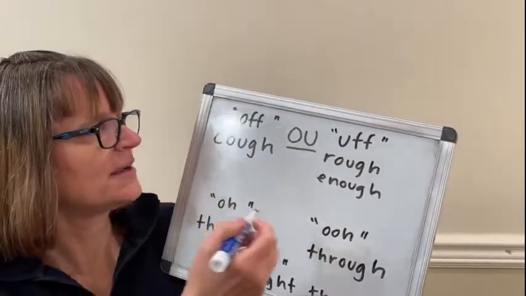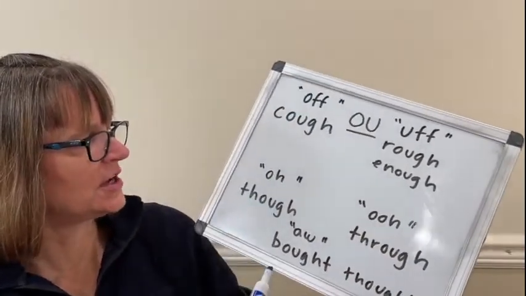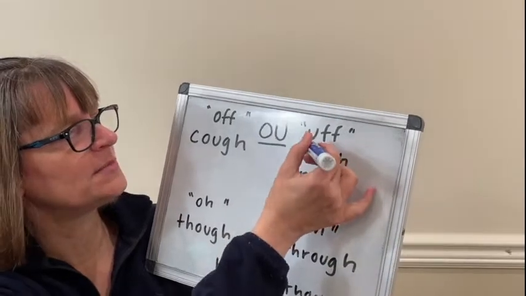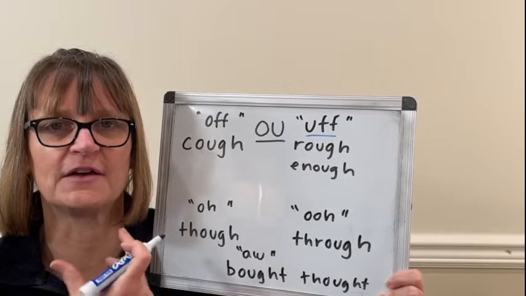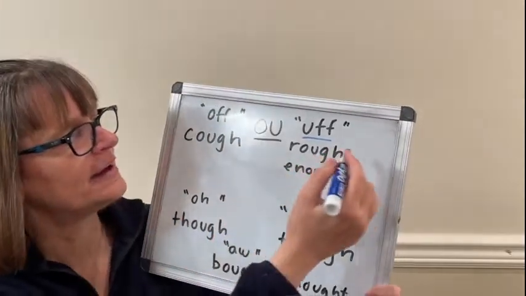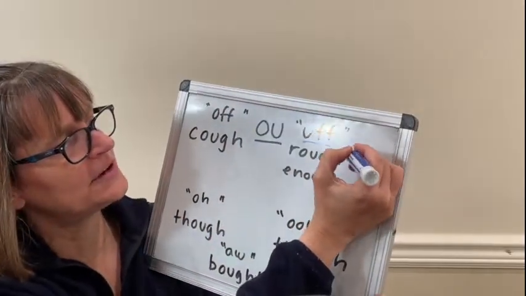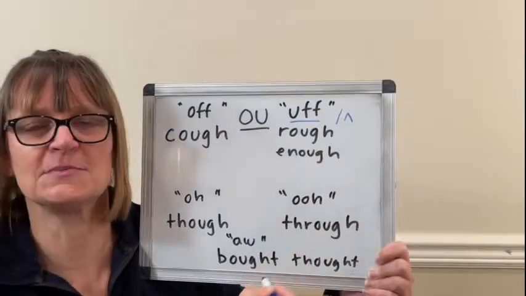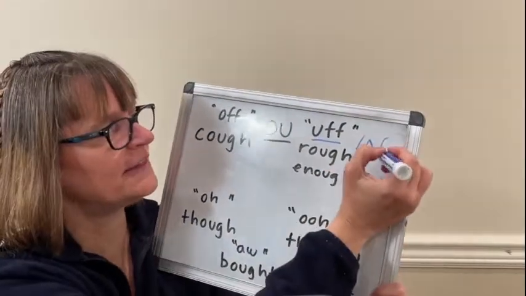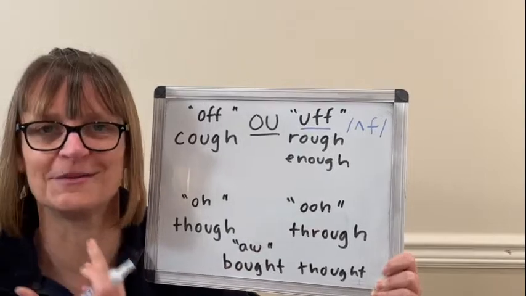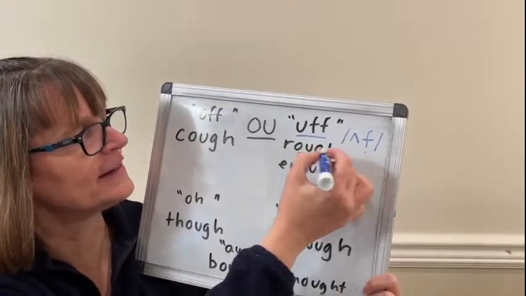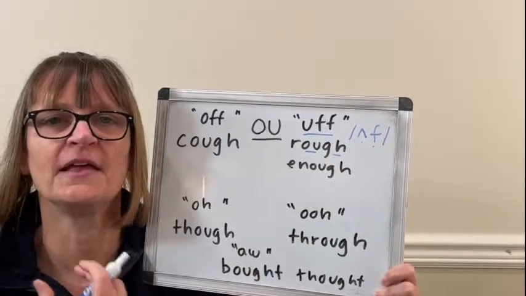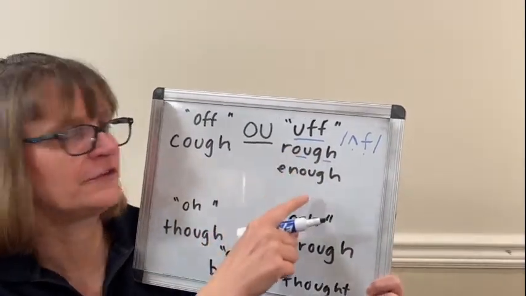So when we're talking about the letters OUGH, one of the more common ways we pronounce those letters is with the uh vowel and the f sound, like uff. And in the IPA, the uh vowel is going to be this upside down V sign, and then the f is going to be the f sound. So the letters GH correspond to the f, and the letters OU correspond to the uh vowel. That would be words like rough,